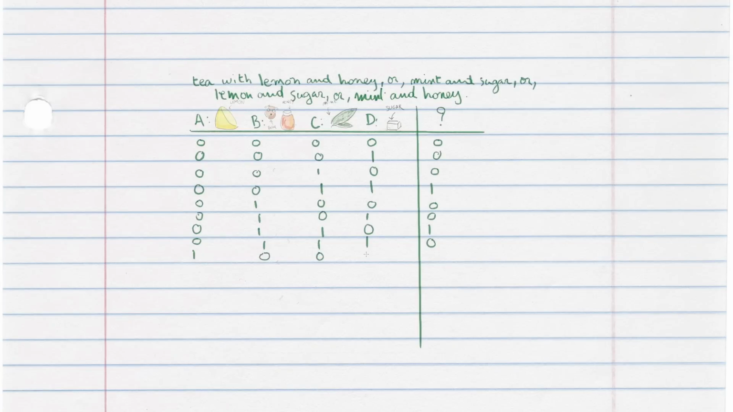Lemon, no honey, no mint, and no sugar: no, he is not going to drink his tea. Lemon, no honey, no mint, and sugar: yes, that's one of the conditions stated above, so he's going to drink his tea. Lemon, no honey, mint, and no sugar: no, he is not going to drink his tea. Lemon, no honey, mint, and sugar: no, he is not going to drink his tea. Lemon, no honey, no mint, and